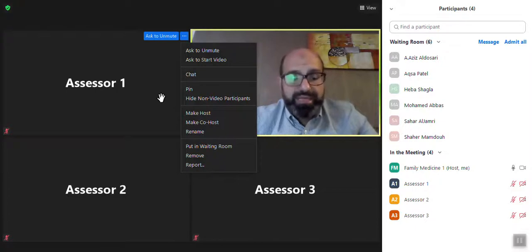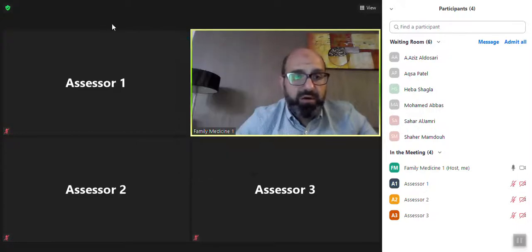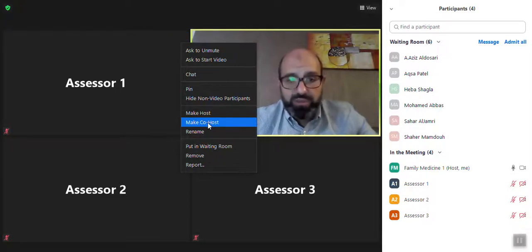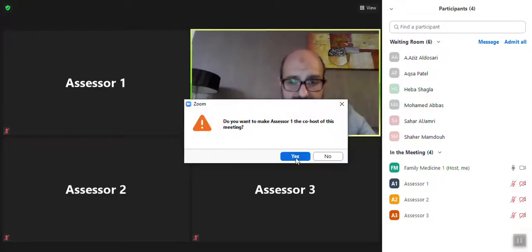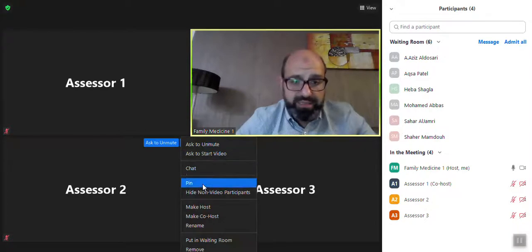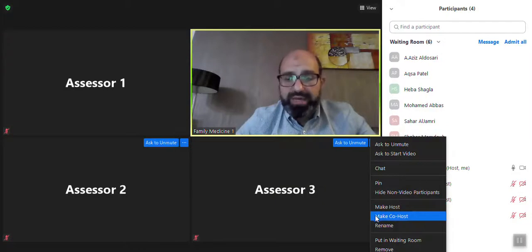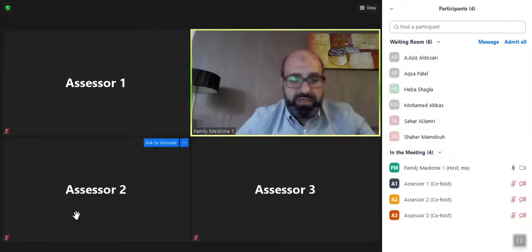for them to record the exam, you might make them co-host from this part of the Zoom functions. Make them co-hosts, or if it appears that you might allow them to record, you will allow them to record the exam. So now, after making these assessors co-hosts, they can definitely record while they are in the breakout rooms. So now we check with the assessors the quality of sound, the quality of the connection, and that they can